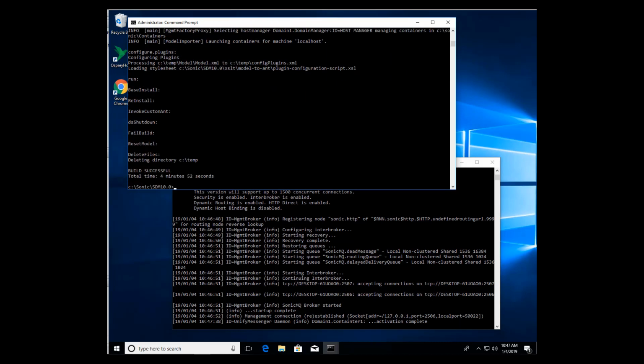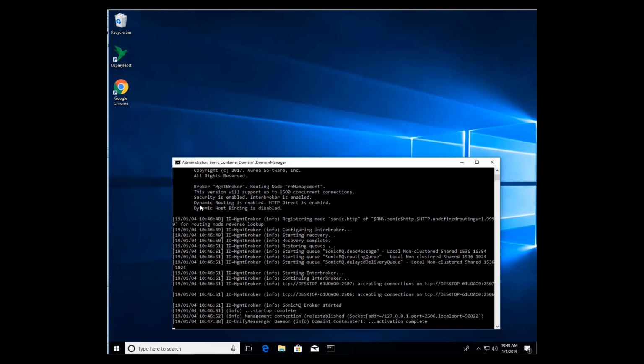As you can see, we have now completed. Our build was successful. Total time 4 minutes and 52 seconds on a non-virtual machine, not recording software wise. That will be quicker, but it still will take a couple of minutes to process. Once we are complete, we can exit out of this window, but as was discussed earlier, leave the domain manager